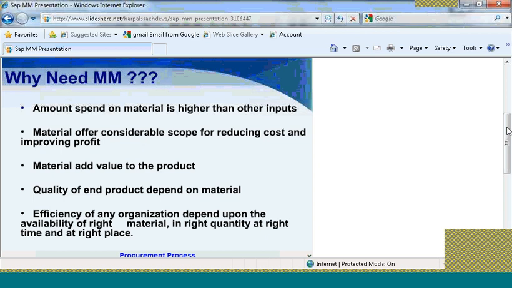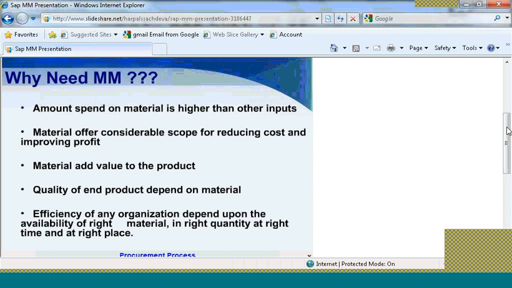Here, when I say material, the product is considered as the end product. For example, if you're looking at a shoe, the shoe can be the product, and the leather used in the shoe, and the paint, the texture, all that can be your material.